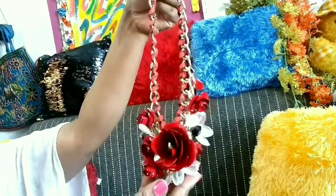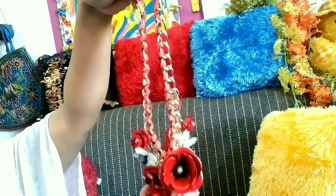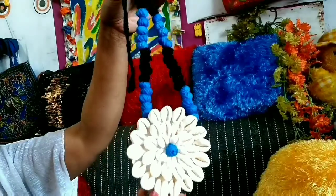This is a flower necklace which I have bought from Clove Factory. So this is how it looks. It is red in color. There are more variants. I went for this one. I am in love with this. Priced at ₹325. This is also a necklace. It has shell work, as you have seen, and it is priced at ₹200, and it is super duper beautiful,